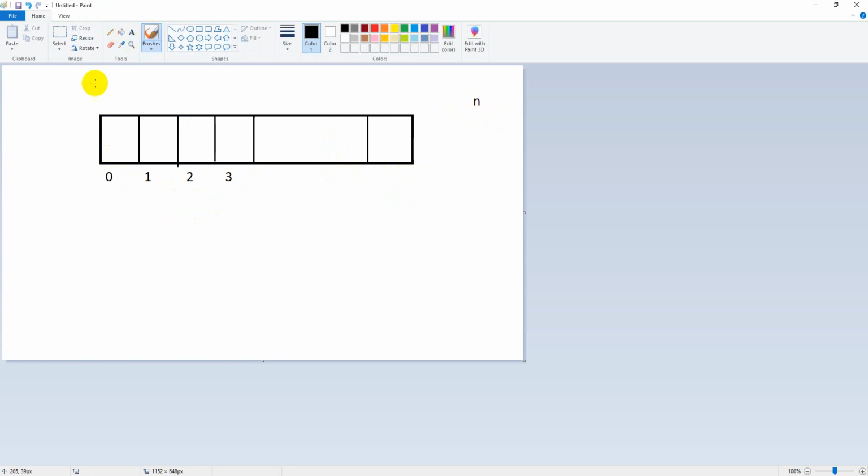Whenever I want to store a value into a particular location, as I mentioned, arrays will store only one data type of values. All values should be of a single data type. So arrays can be declared like this. Before storing, let me tell you how to declare an array in C#.NET.